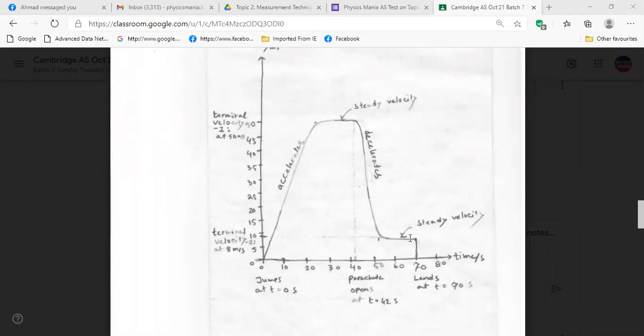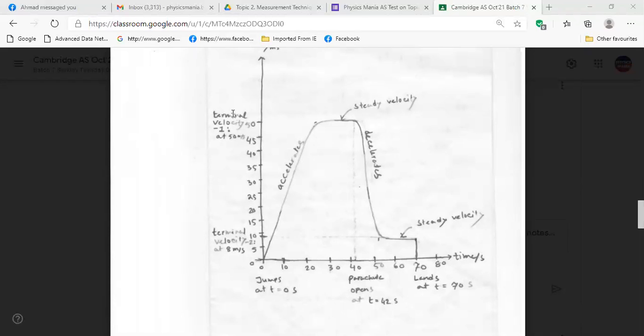After that the parachutist reaches the ground. See here, lands means he touches the ground and he lands at 70 seconds. So when it touches the ground, the speed becomes 0, velocity becomes 0,